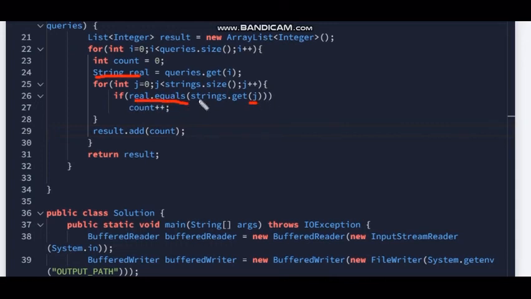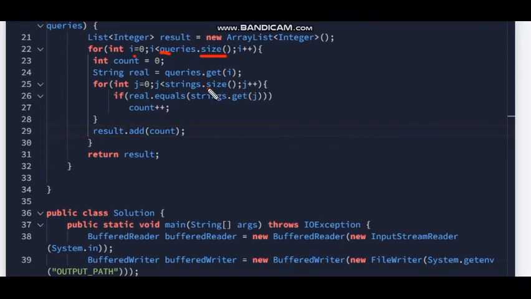We'll use the dot equals function because the equals-to operator with which we compare integers does not work here. Dot equals function, and if both the strings match, we increment the count, and for every ith element we'll add the count value to the array, as the problem statement says.